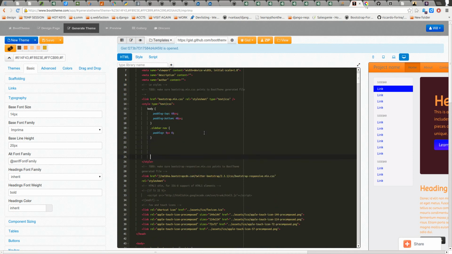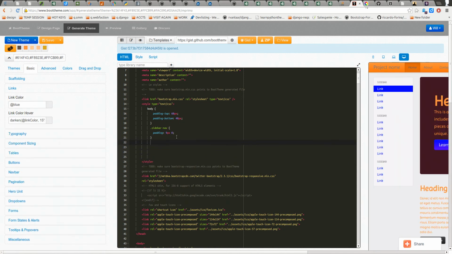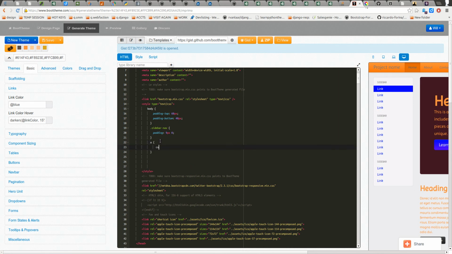So what all that did, really, by saying link color blue, it's going a color, I don't think this is less, but it's a whatever color blue is, right? So I believe I set it to